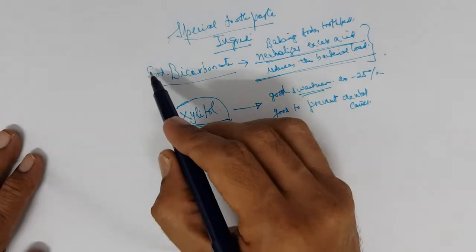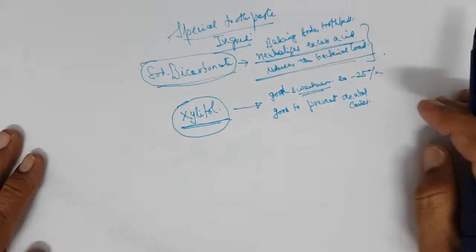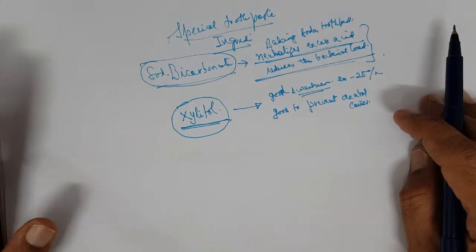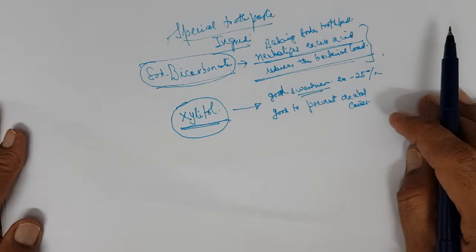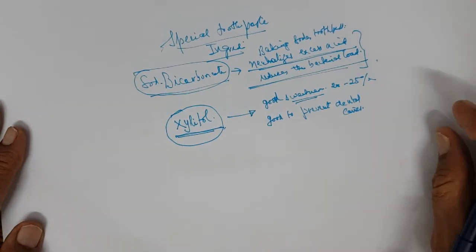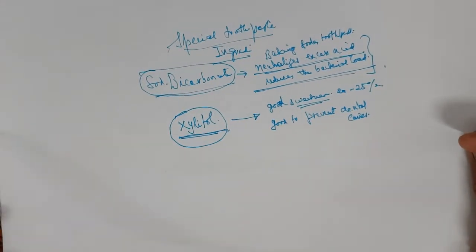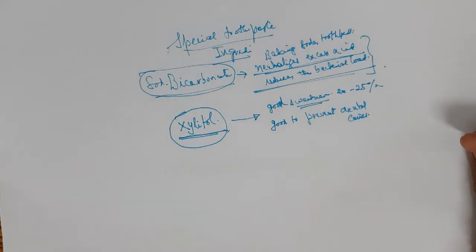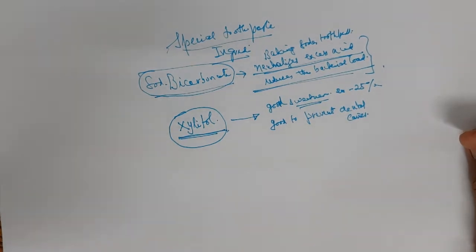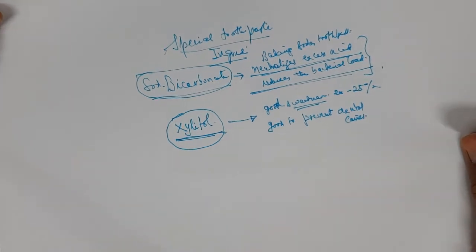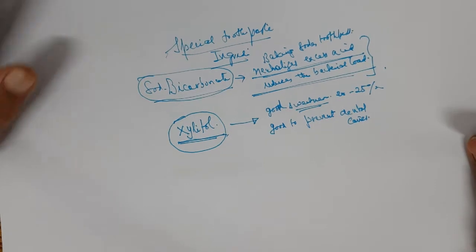And soda bicarb toothpaste is also a separate category by itself. So baking soda toothpaste neutralizes the excess acid and reduces the bacterial load. Right? So this is what I want to share with you today on toothpaste ingredients. I selected the ingredients for discussion, so I focused on the ingredient list, right?